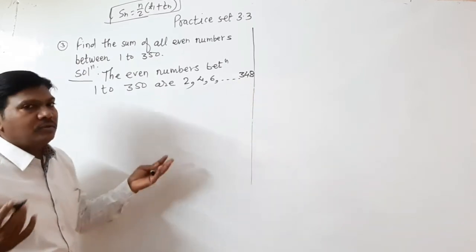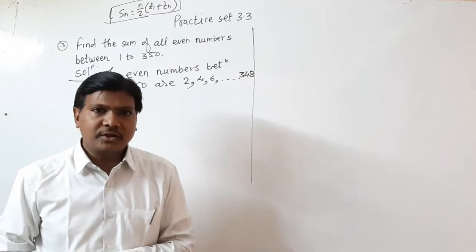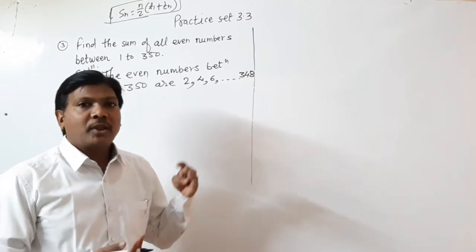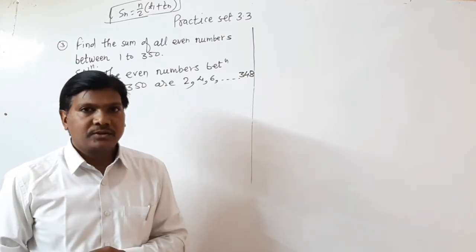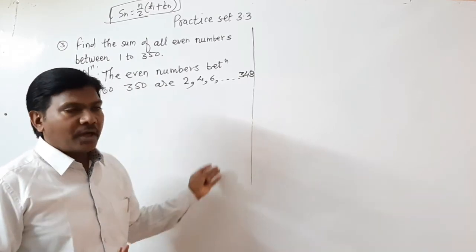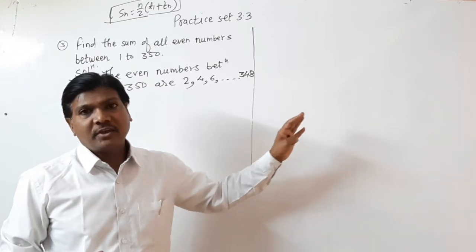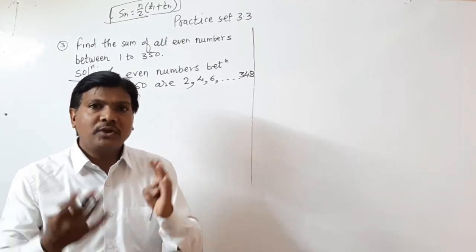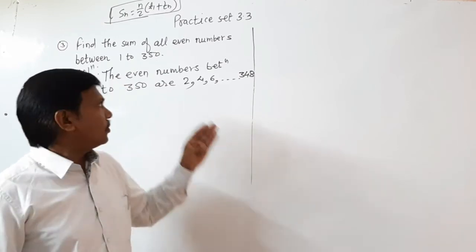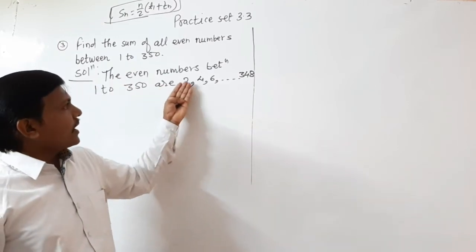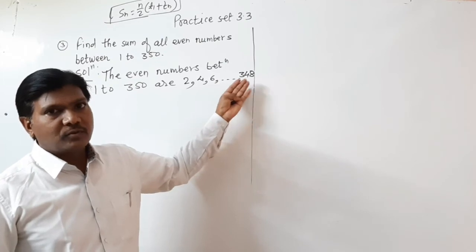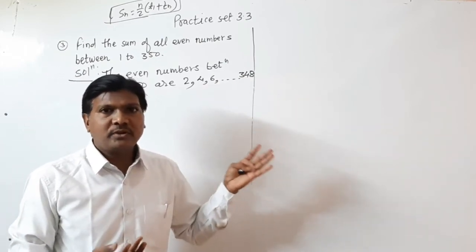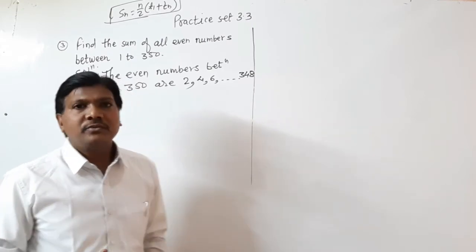So here we don't know how many terms there are, means the value of n is not given. So first apply the formula for Tn and find the value of n, and then Sn. In Sn use the second formula, that is Sn equal to n upon 2 in bracket T1 plus Tn, because the first and last terms are given. So we apply the second formula. If you apply the first one, no problem, but the second one is easier.